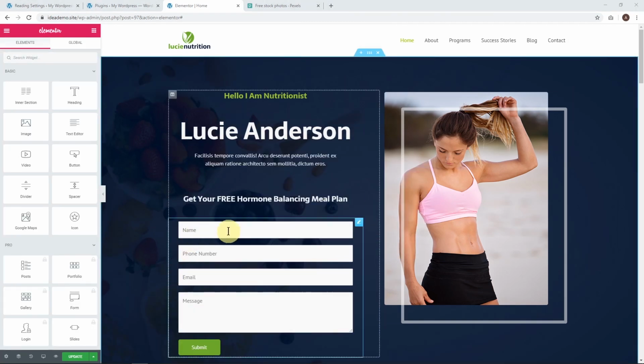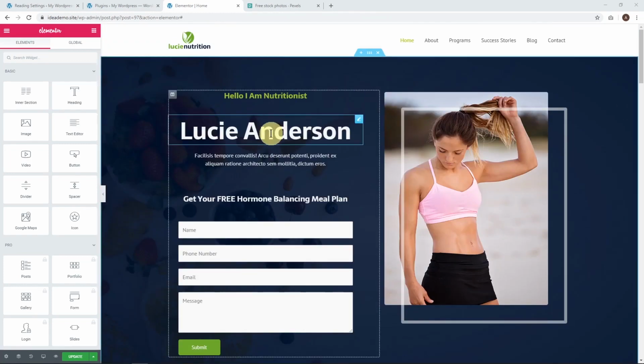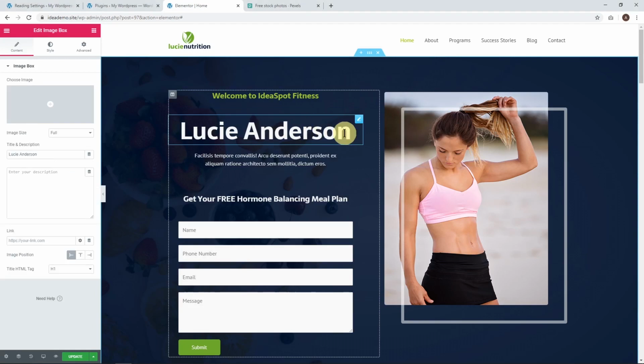Now, because we're using an Astra starter site, we have already some pre-designed sections in our page already. So usually we can edit these just by clicking on the element and changing the content in there. So here where it says, hello, I am nutritionist Lucy Anderson, we can start editing that. So I can just change that to welcome to Idea Spot Fitness. And I'm going to change this Lucy Anderson. I'm just going to say